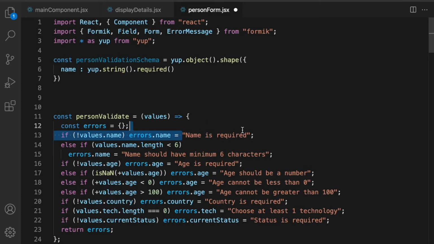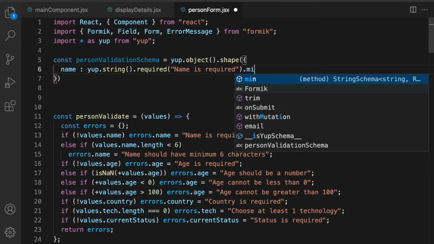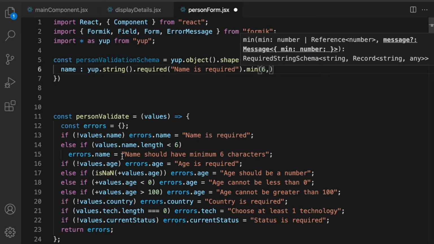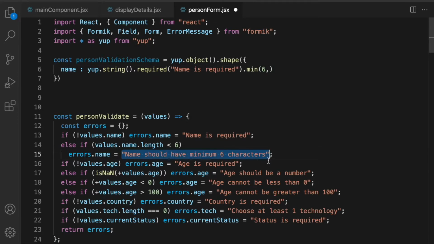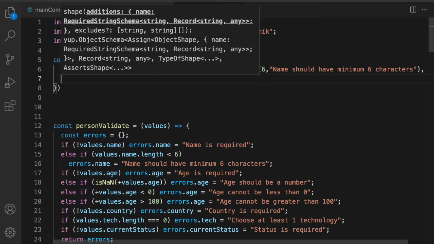So let's give that as a parameter. This would be the error message we want. And then we wanted a minimum length of 6, so min(6, and this was the error message. So let's put that. This is how we have defined name, with these validations.